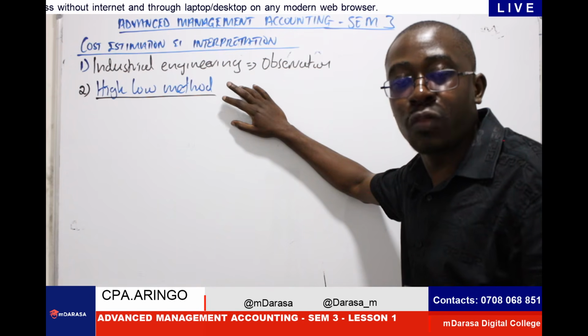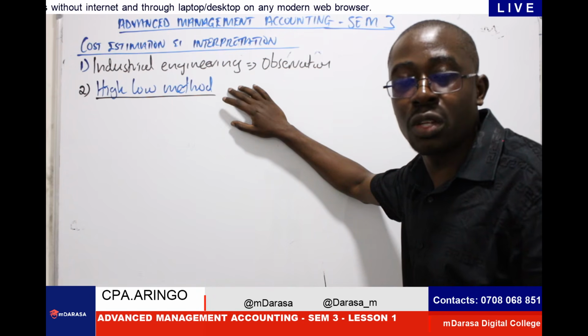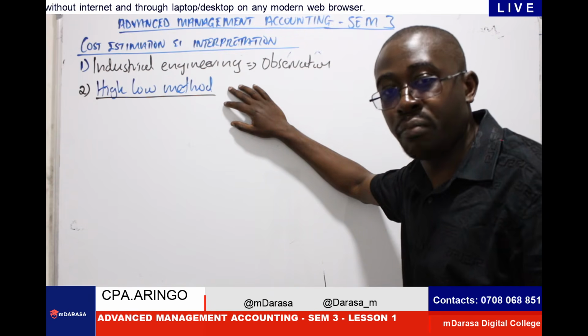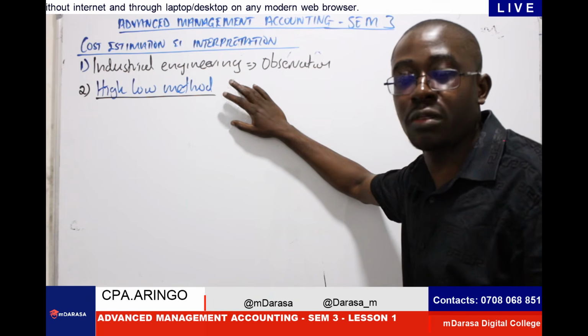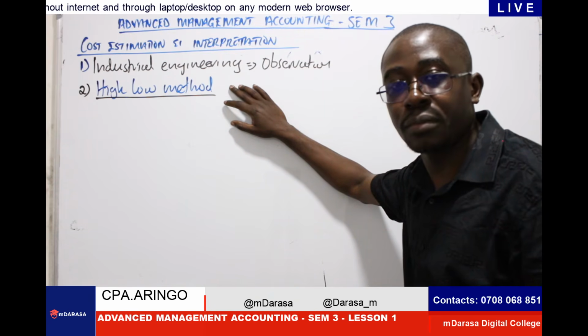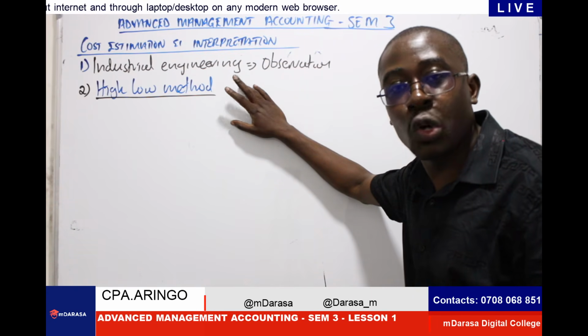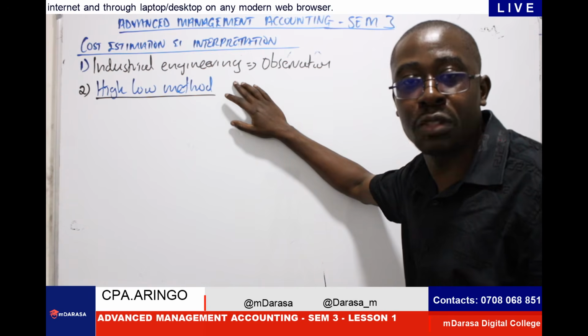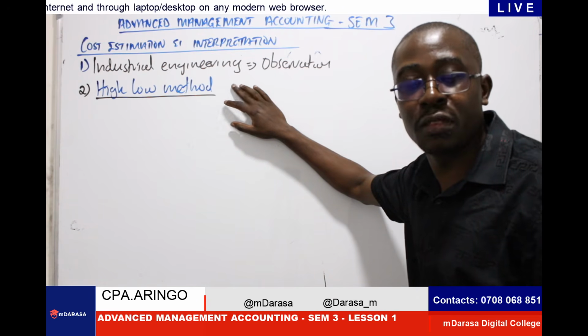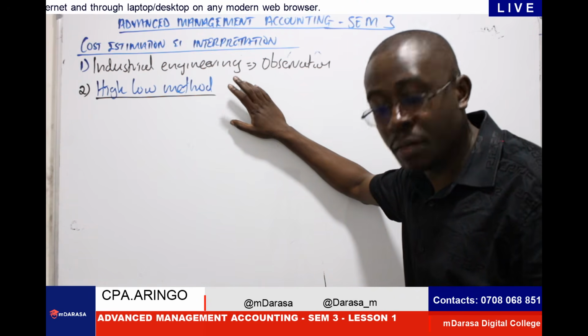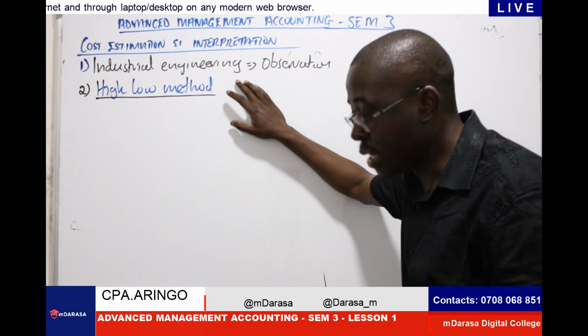The basis of identification is the value of x. The main objective is to come up with a cost predictor equation in the form of